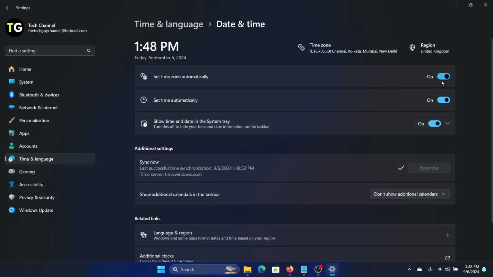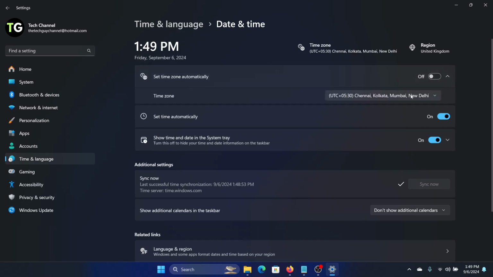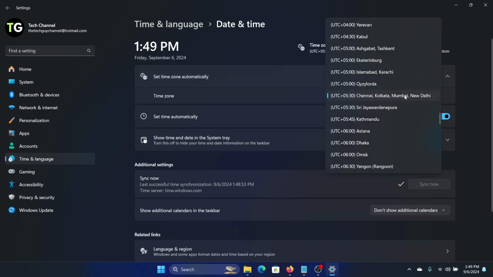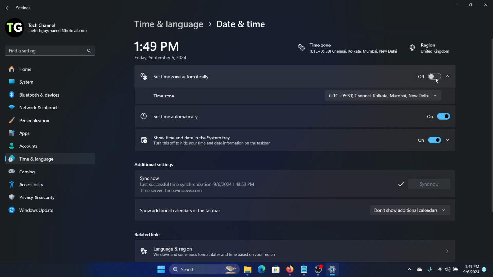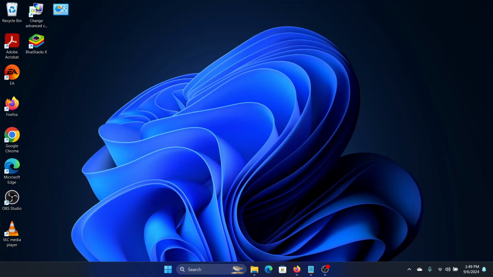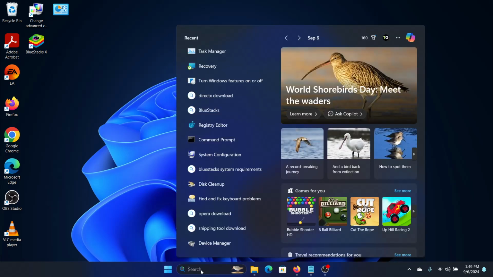But if you're not connected to the internet for whatever chance, because the system picks this region time zone from the internet, then what you can do is you can switch this off, and then you can select where exactly in the world you are and then click on it, and then you can click on sync again, and that should do the trick. Last thing you need to do before you start task manager again is you need to